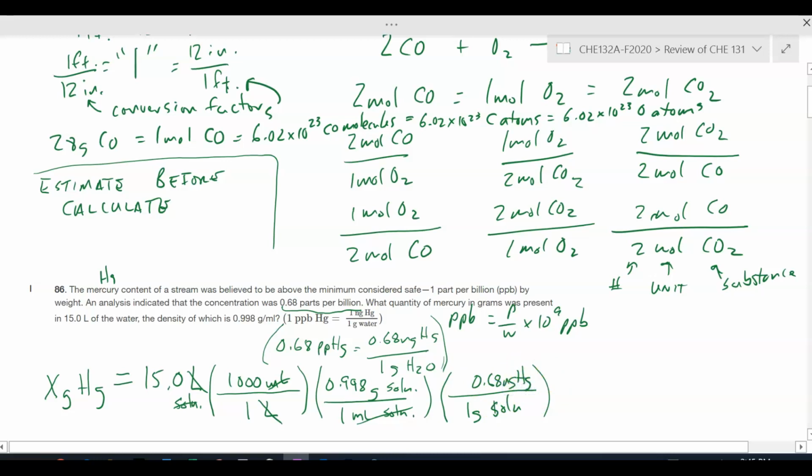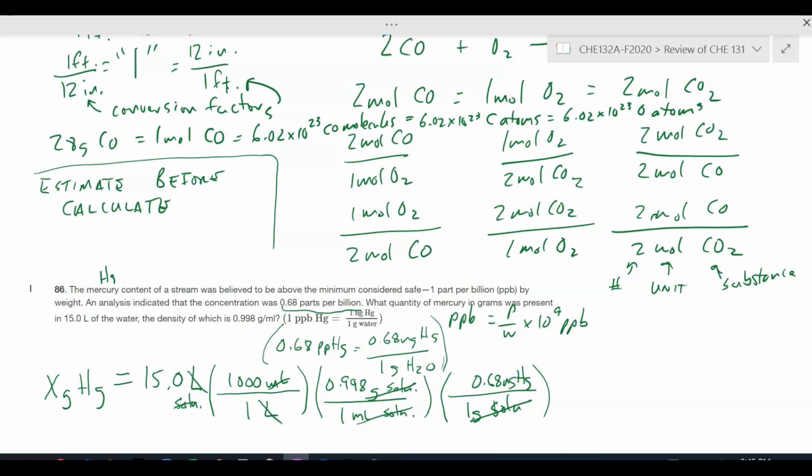Let me just explain the solution and water distinction there. So the solution is mostly water, right? There's very little mercury in it. It doesn't take much mercury to be bad, so we're worried about small amounts of mercury in it. But the solution is water. They've used water here as their term for what they should have said, solution. That if you have 1 nanogram of mercury in 1 gram of solution is really what they should have said instead of water. So I'm sticking with that distinction there. So anyway, grams of solution and grams of solution cancel out,